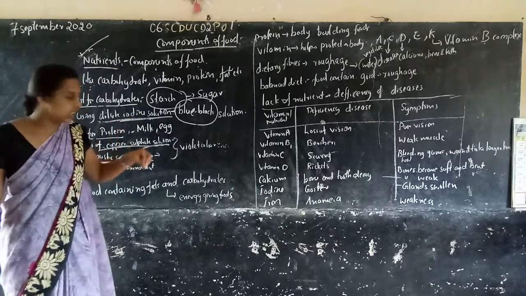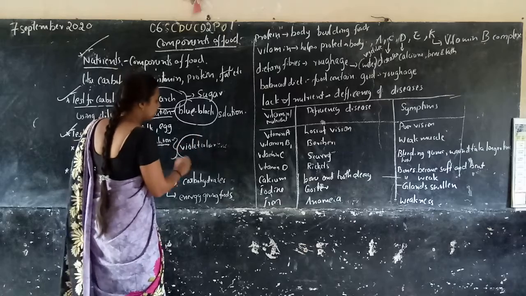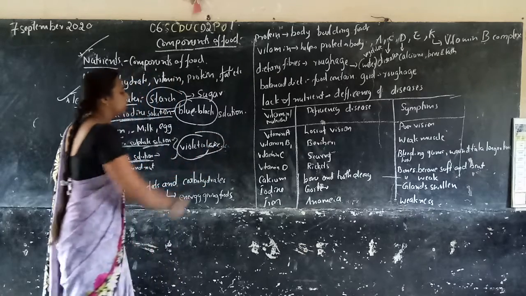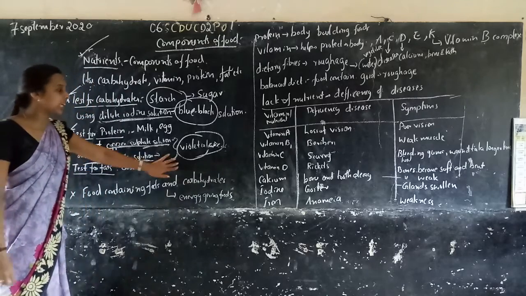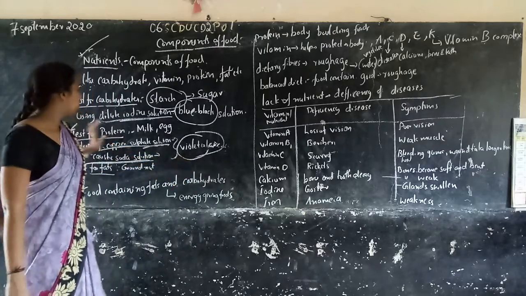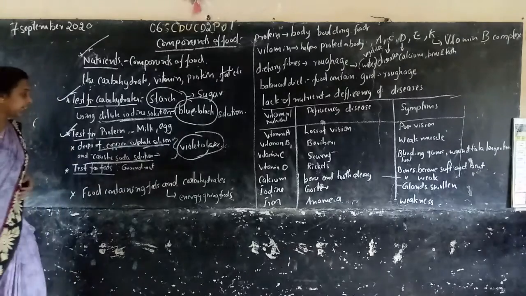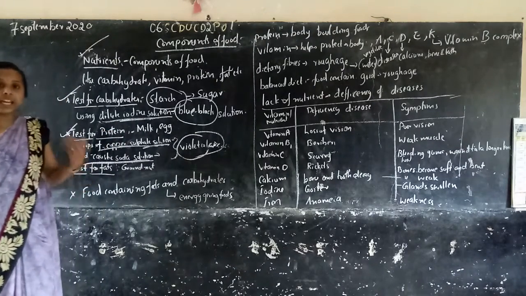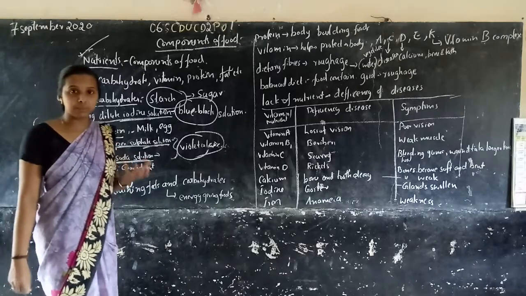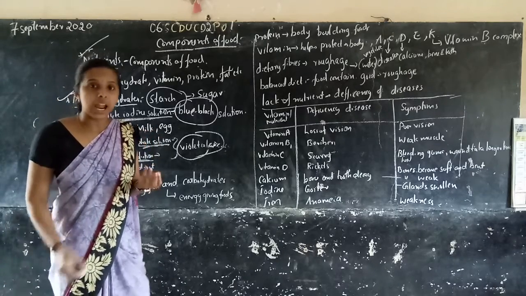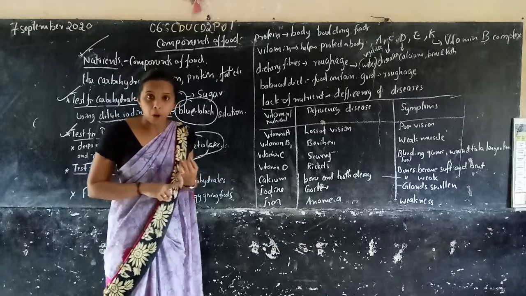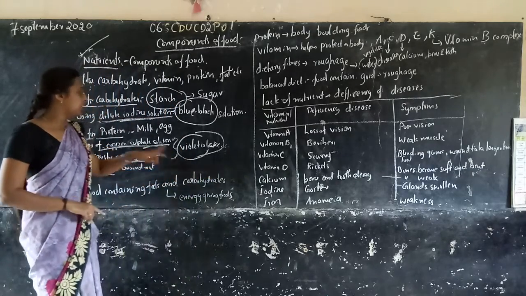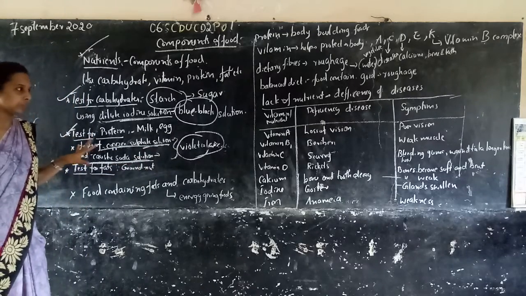When added to milk, which color do they show? They show a violet color. That means if the food shows a violet color, it contains protein. So how do we identify protein? If we take any substance like milk which has protein and add 2-3 drops of copper sulfate and caustic soda solution, it will show a violet color. That means it has protein.